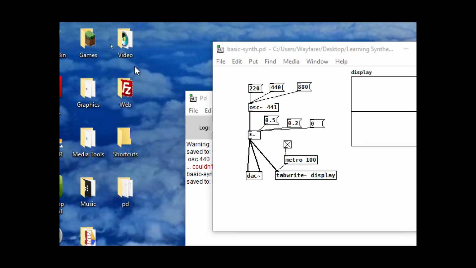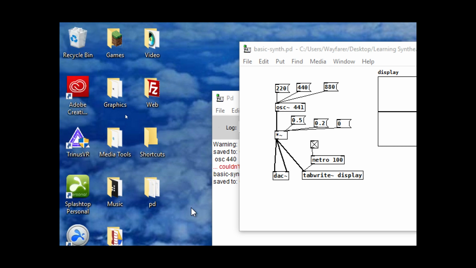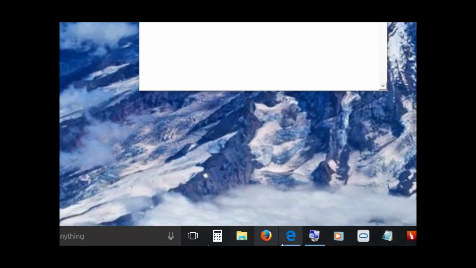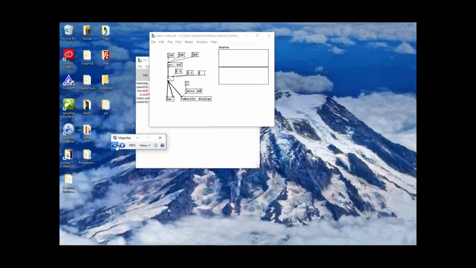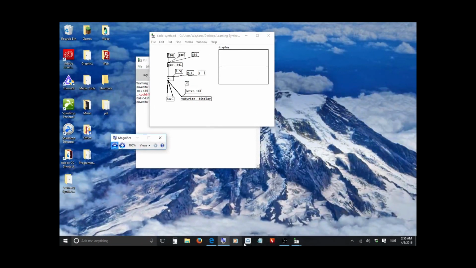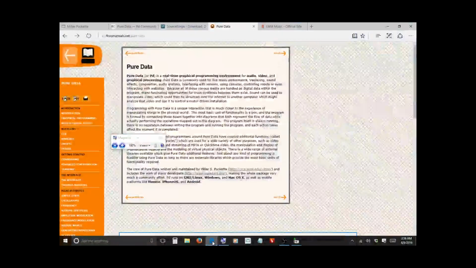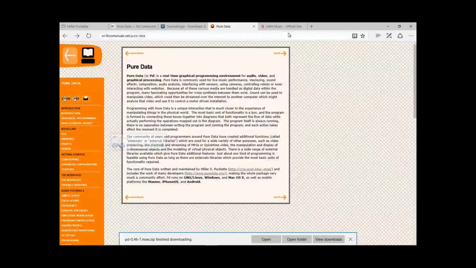Now let me find my magnifier and zoom out. Got to call it up here. There we go, zoom out to normal view. Okay, and now I'm going to call up my website here. It's right over here,